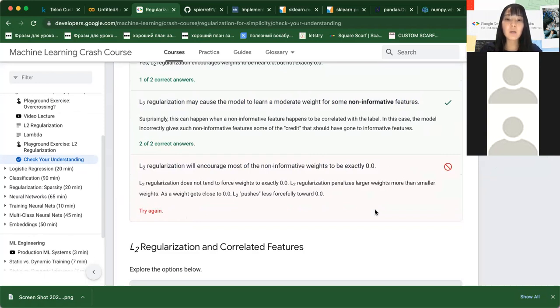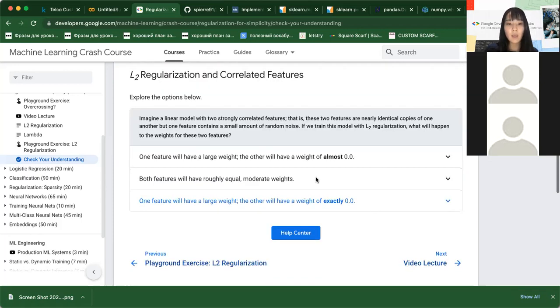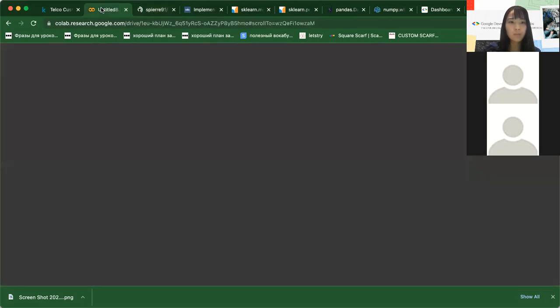L2 regularization will encourage most of the non-informative weights to be exactly 0. That's not true, because L2 regularization does not tend to force weights to exactly 0. It just penalizes larger weights more than smaller weights. And as a weight gets closer to 0, L2 pushes less forcefully towards 0. Okay, and I think I will stop with the